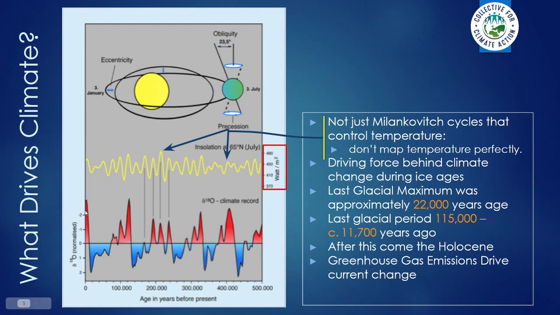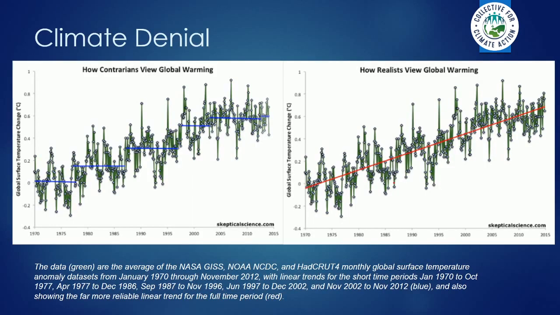And as you can see here, in this data, basically it shows that we should actually be peaking with our warming, and it should be starting to go down. We should be having reasonably rapid cooling, but we're not having that effect. And we know why. It's because we're emitting greenhouse gases and destroying the environment, which would soak them up.